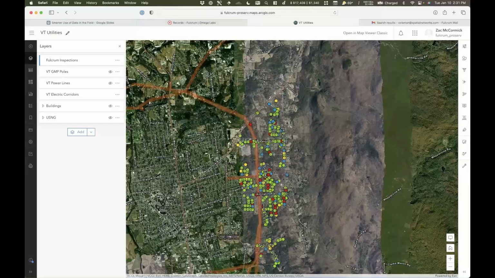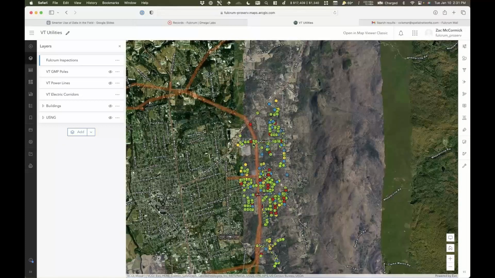So when this is set up, someone who's only looking at data through an ArcGIS viewpoint like this, someone in a different part of your organization, may not even know what Fulcrum is, may not be involved in field work. They could be getting, if this data is included in there as a live linked data source, updates from the field as they're happening. So if something changed status based on someone's field inspection, and they refresh the page, it'll be reflected